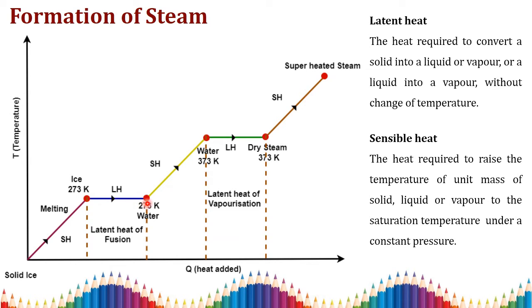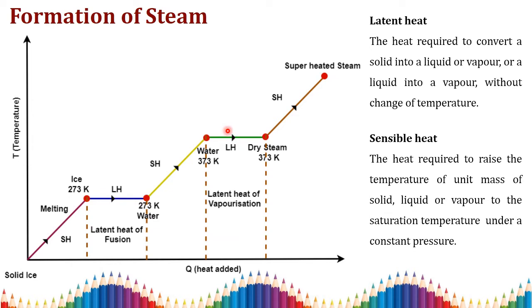Further, you are going to heat that water, the 0 degrees Celsius water. We all know that the boiling temperature of water at atmospheric pressure is 100 degrees Celsius. So up to 100 degrees Celsius, the water moves on in the same liquid phase. When it reaches 100 degrees Celsius, the water goes to boil.